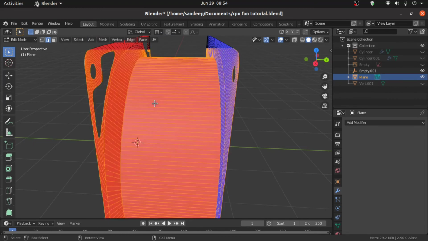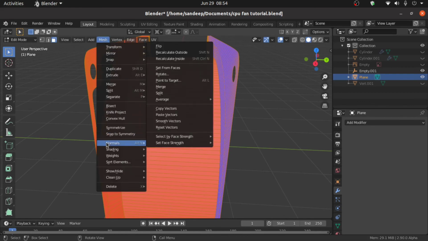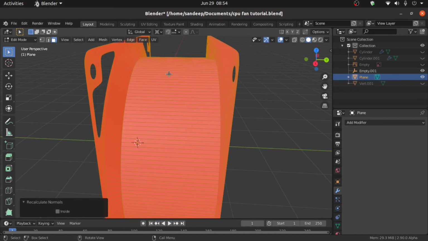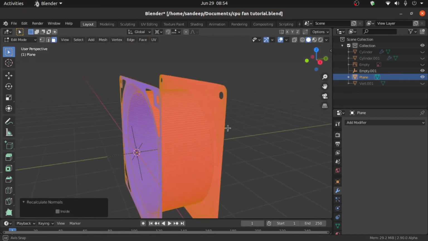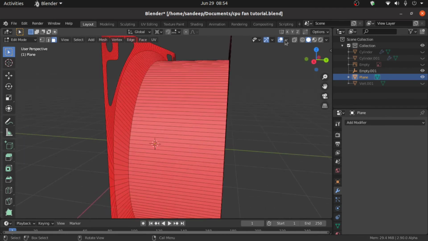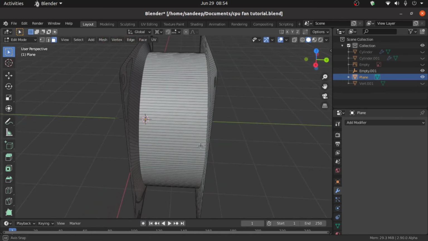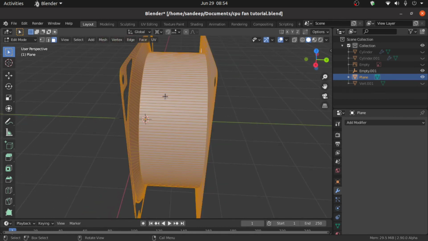So press A to select all the faces and click on this mesh, and under normals select recalculate outside. Okay. Now disable this face orientation. Press A to select all the faces.